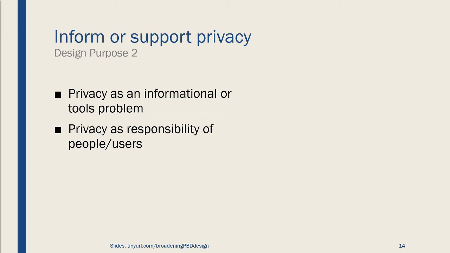And a lot of research has been done on how to design usable privacy policies or privacy notices, but it's still up to the user to read the notice and make a privacy-relevant decision. Other types of work in this vein includes designing privacy icons, controls, dashboards, visualizations, as well as educational materials and activities. In these approaches, a lot of responsibility for protecting privacy is placed in the choices that people make, informed by some design artifact. This orientation towards privacy fits well with U.S. regulations around privacy that make individuals manage and control their own data, though this orientation does have its limits.